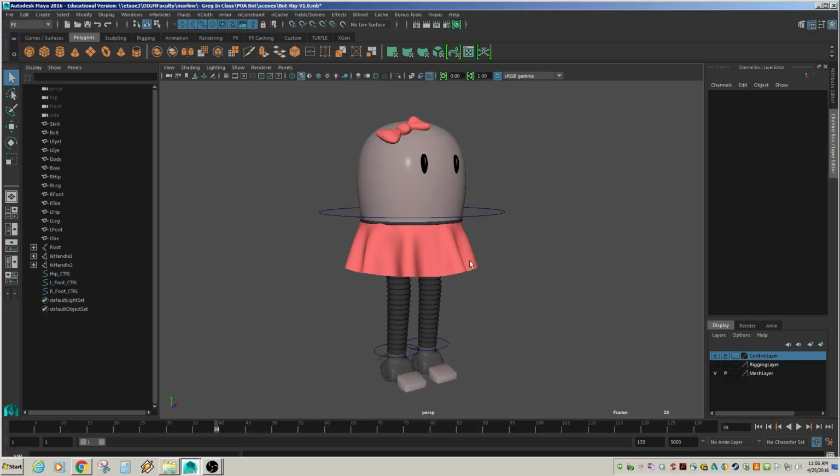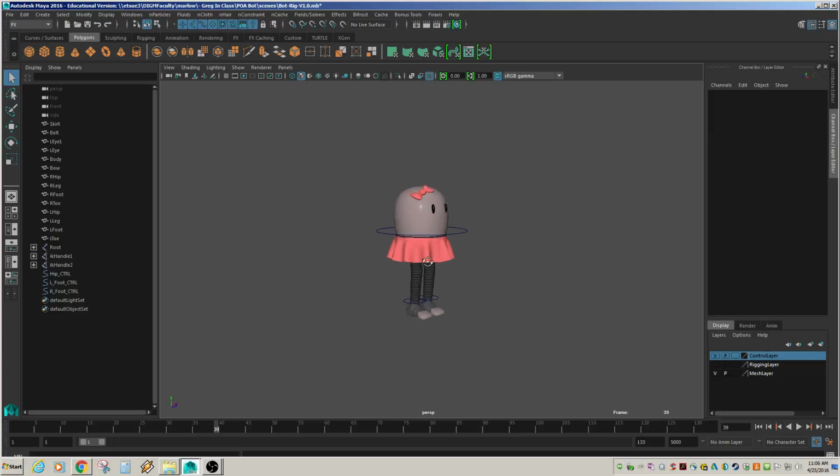Okay, so now we have our robot rigged. We're going to create a walk with our robot. And before we do that, let's just talk about walks in general. I wanted to delve into the building blocks of what is happening in a walk and why it works the